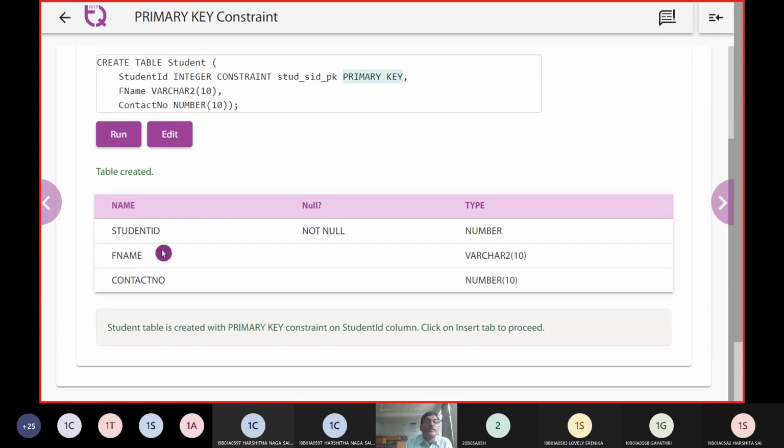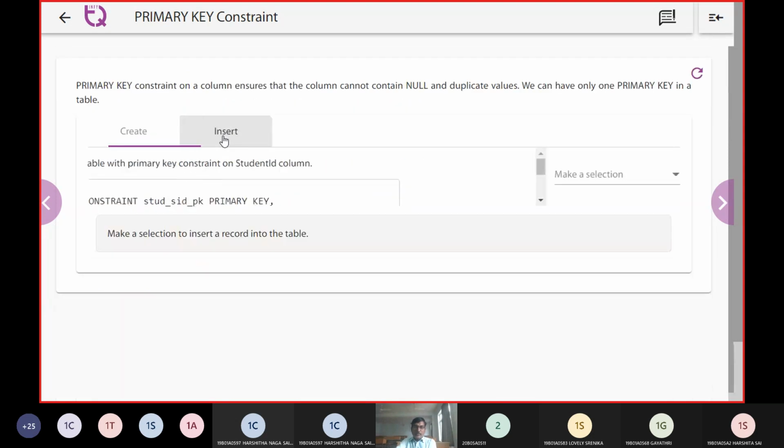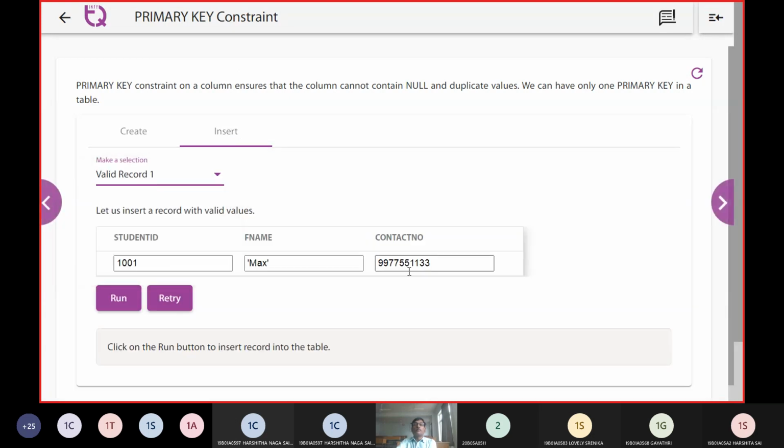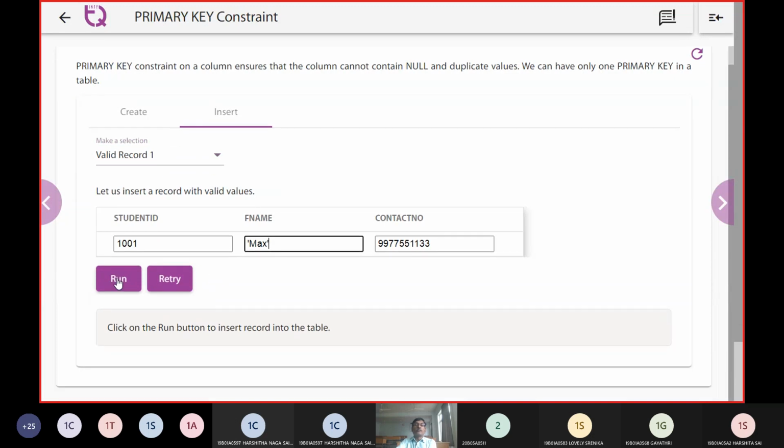So in this way, we are going to create a table, and you can see here the not null case, because we have defined the table with a primary key. That's the reason why we are getting this as not null. Let us make some insert operations. Let us have some valid records. We had student 1001, name was Max, and his contact number was this.